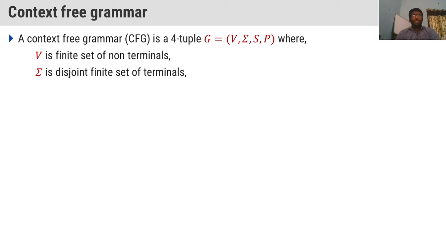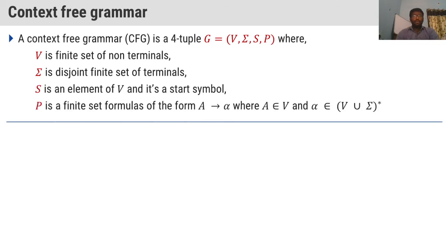So G equal to V, T, S, P, but here it is mentioned as V comma sigma comma S comma P. You can denote terminals as T. And S is a start symbol. P stands for production rules. What is a production rule? Usually the context free grammar can be written in the form of A implies alpha, where I told you that you can take this production otherwise as alpha derives beta also, but we have taken A implies alpha or alpha implies beta also, where alpha is a